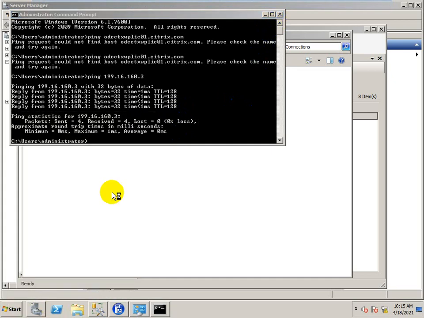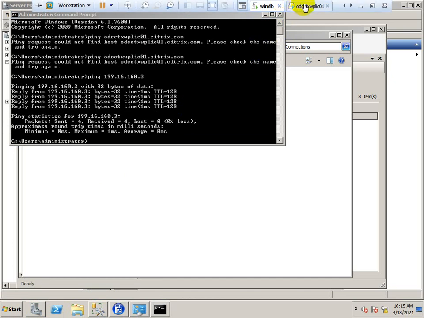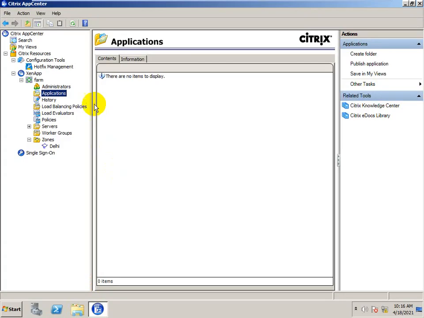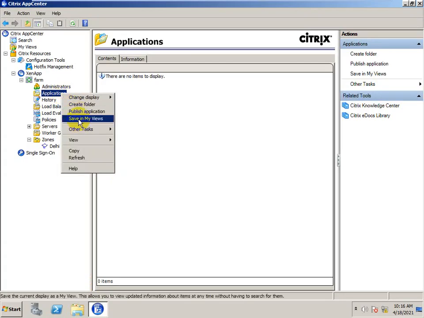A streaming profiler is the application through which we can stream or make a profile of any application. Once we create a profile, then only can we go with stream to server or stream to client.